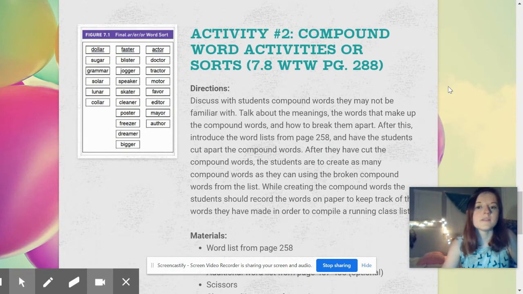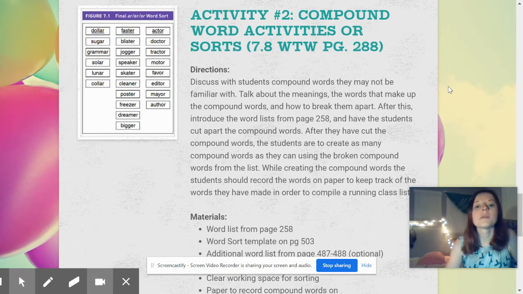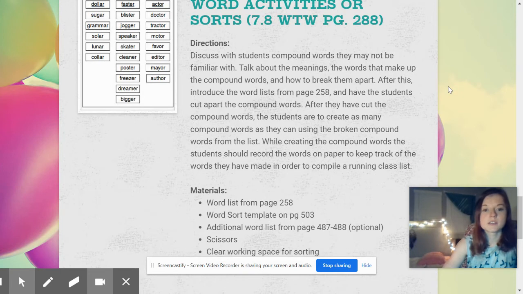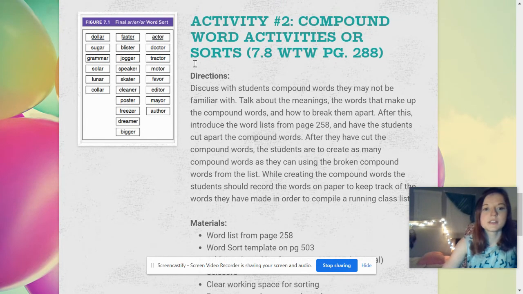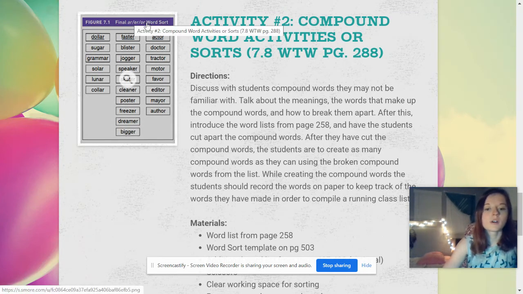For the second activity, it's going to be compound word activities or sorts, which students are pretty familiar with from the beginner stages. But basically, this sort is more complex in the way where it's describing the final AR, ER, or OR